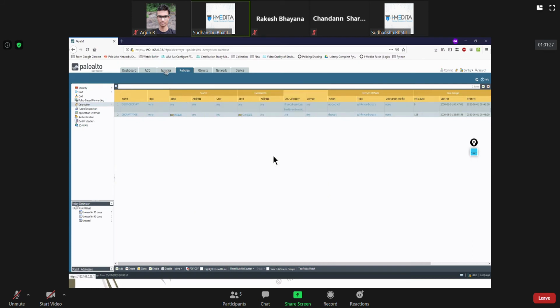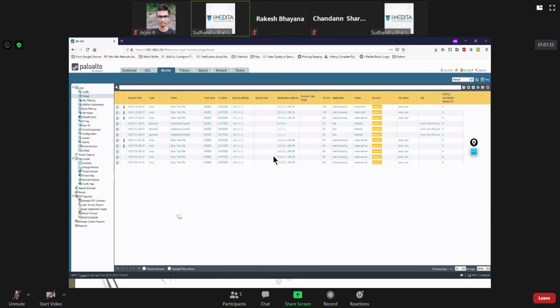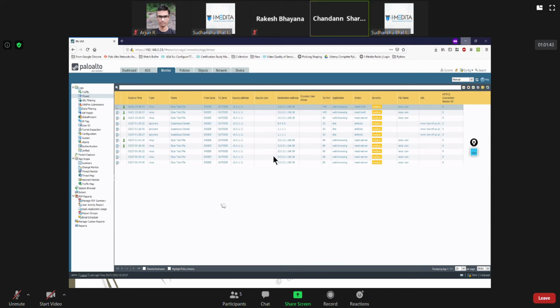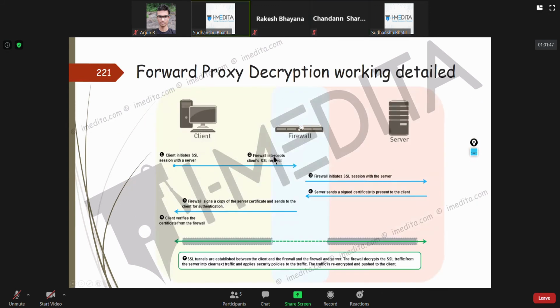So again, you can go to Monitor and Threats to really see that we tried to download the file. So this is the working of forward proxy decryption, like step 1, step 2, firewall initiates.